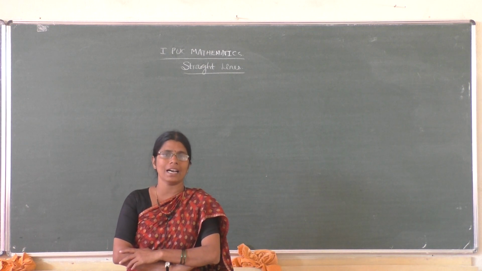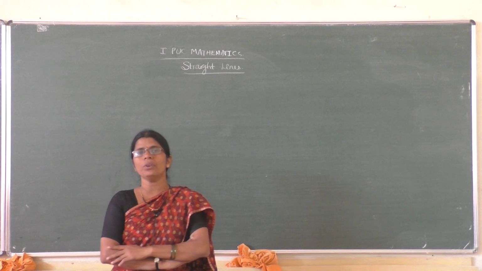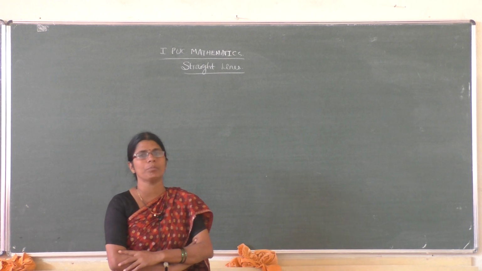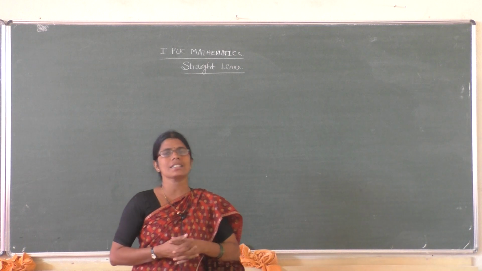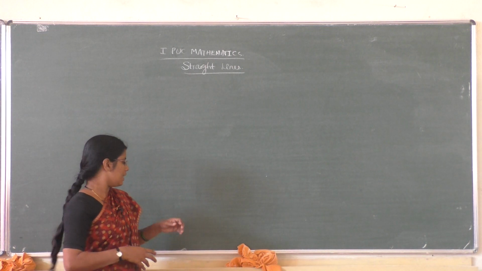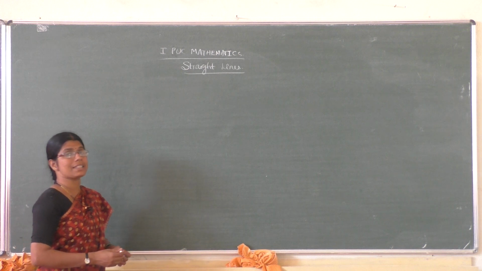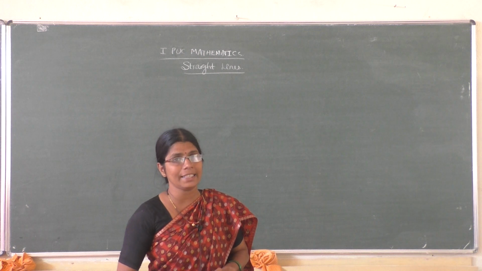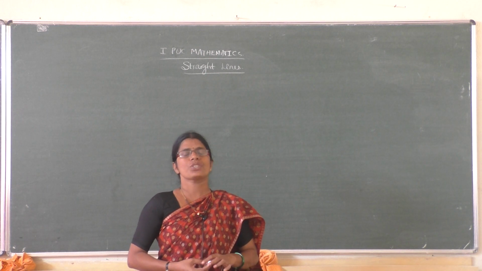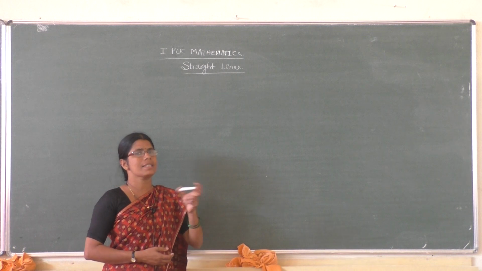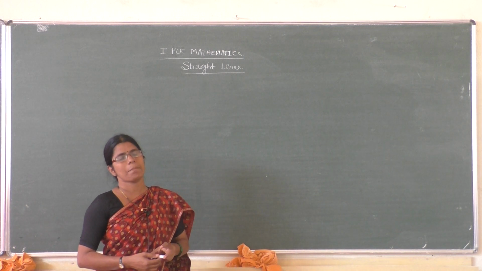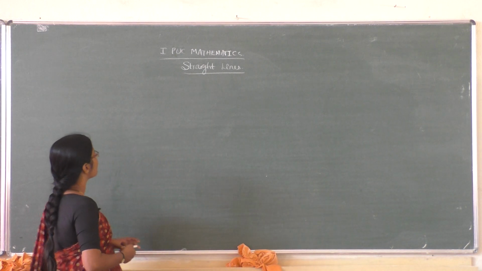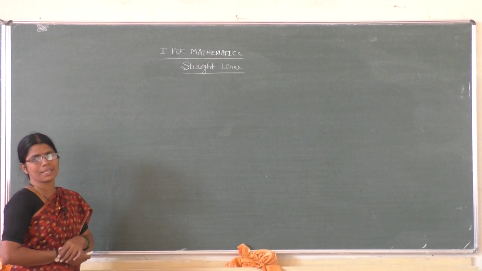We derived the formula as tan theta is equal to (m2 minus m1) divided by (1 plus m1 into m2). We take the modulus if theta is acute. And we have to get one more angle, that is phi, because whenever two lines intersect, we get two adjacent angles. If theta is acute, then phi is obtuse. If theta is obtuse, then phi is acute. We also solved some problems based on the concepts which we studied.